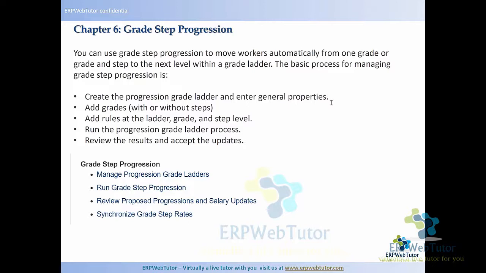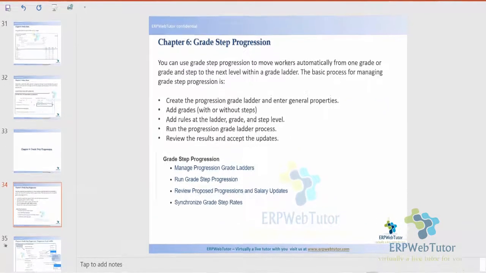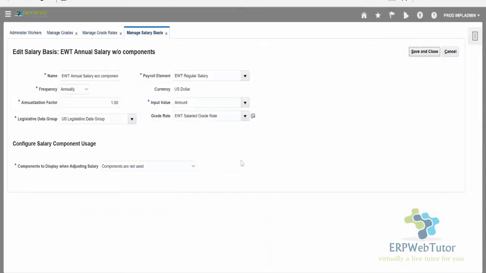So if you have multiple salary bases, say annual salary and hourly salary, and then you can have the same grades, let's say professional 1. Somebody can be a professional 1 and be on an annual salary. Somebody can be a professional 1 and be on an hourly salary. So when you define your grade rates, I would recommend, if you go back to the grade rate screen, when you define the grade rates,